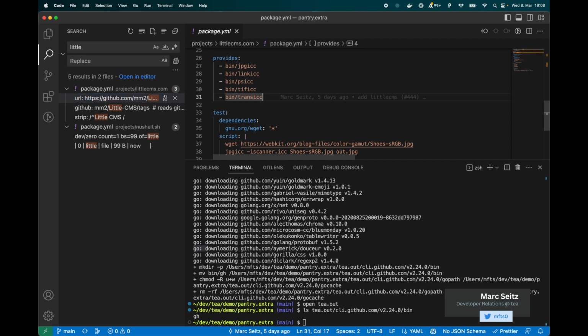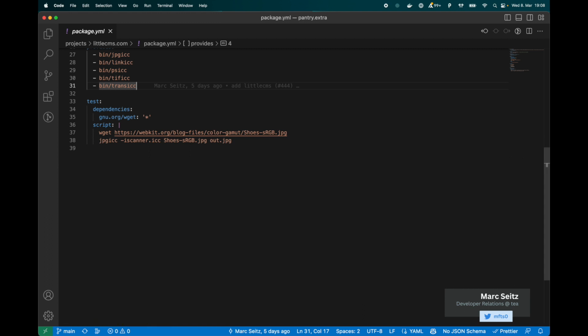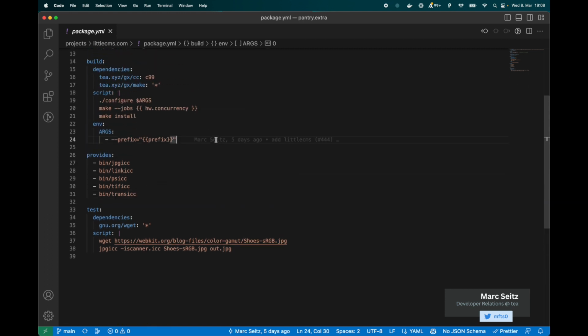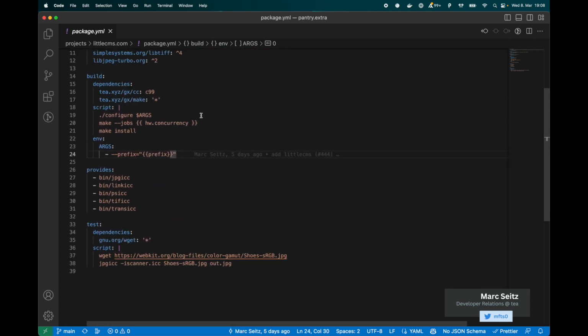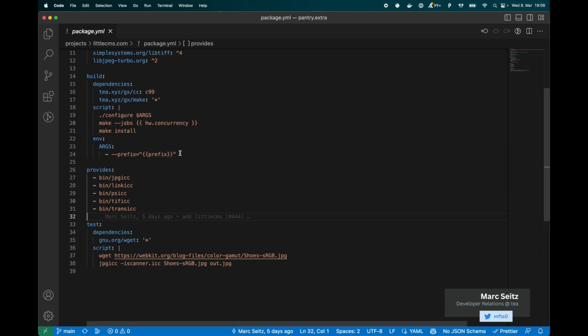Yeah. So Little CMS, it's this color management library. It's mainly a library, but it also has these binaries. So here, for example, yes, we have multiple binaries. And if you don't know what these binaries are called ahead of time in the build process, it will put everything into the right folder. So into